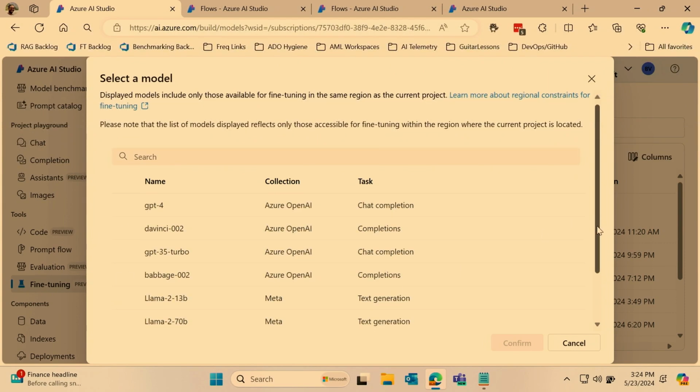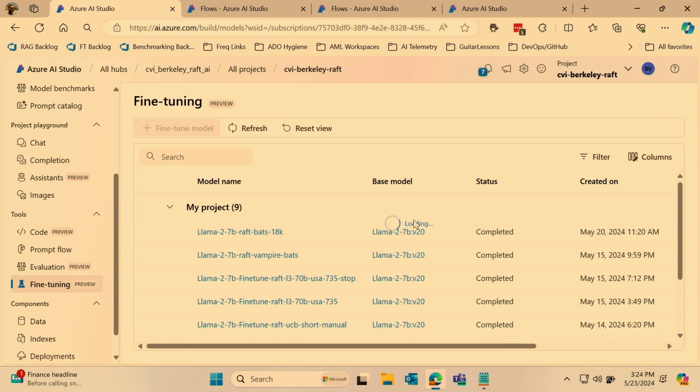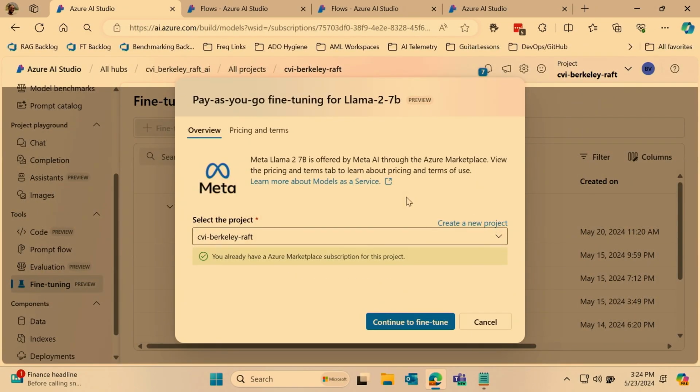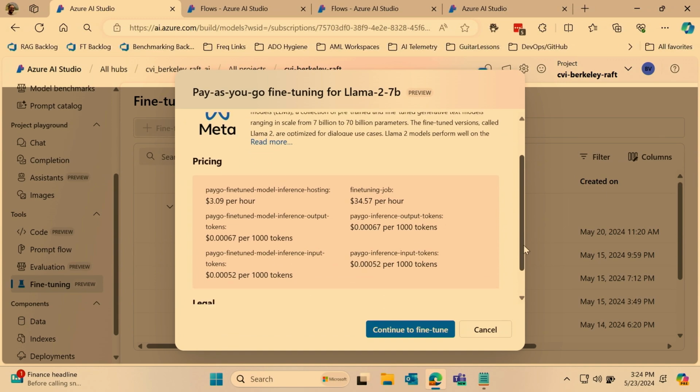From the list of models, I am going to choose Llama 2 7B because that, as you all know, is the model we are trying to fine-tune and is the topic of our talk. I click confirm, and I see this. I'm going to fine-tune it in this project so that I store the fine-tuned model in this project. And I can see the pricing and terms here, right?